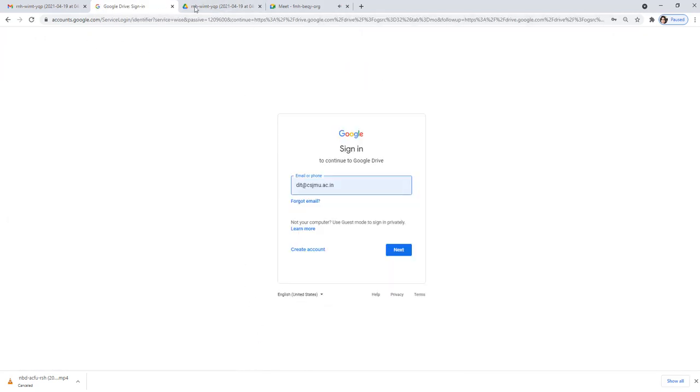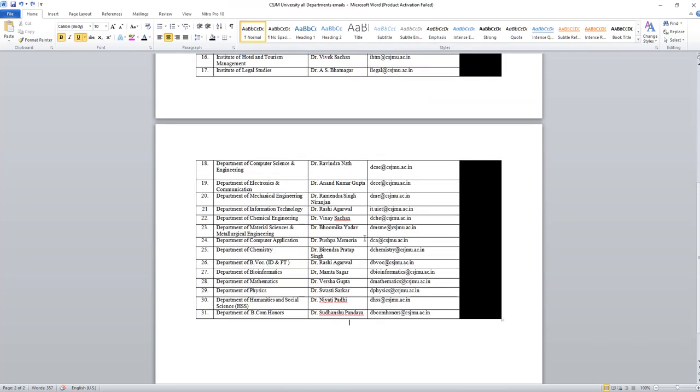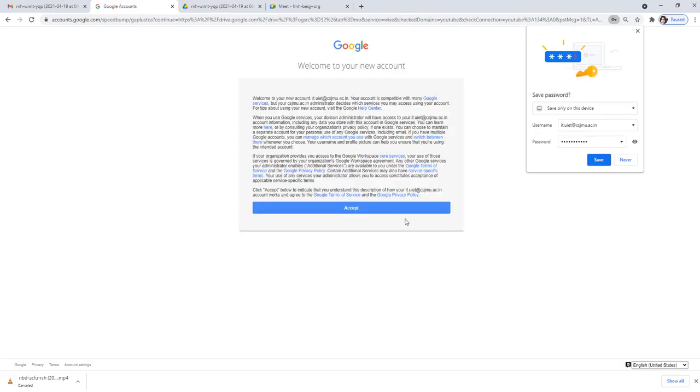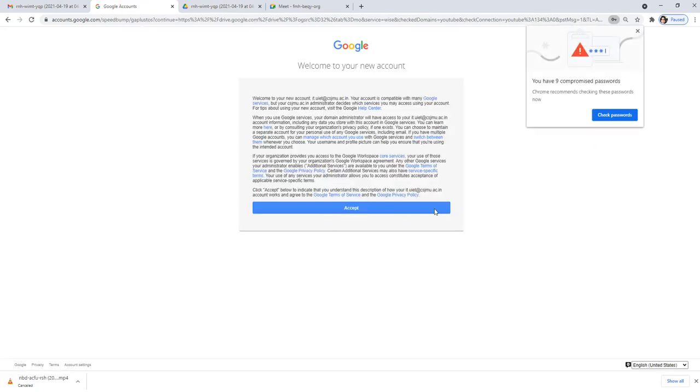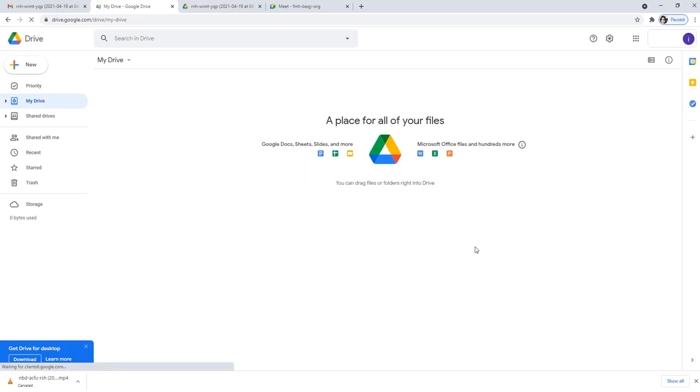Now the department would have an email ID. Your departmental head will share you the email ID and the password. It's made here for all your departments. So I will take my departmental ID here. Put in my password, which will be shared to you by your heads. For the first time when I log in, I can save the password and accept will be done. For the terms and conditions, this will be already done by your head, so you need not worry about this.